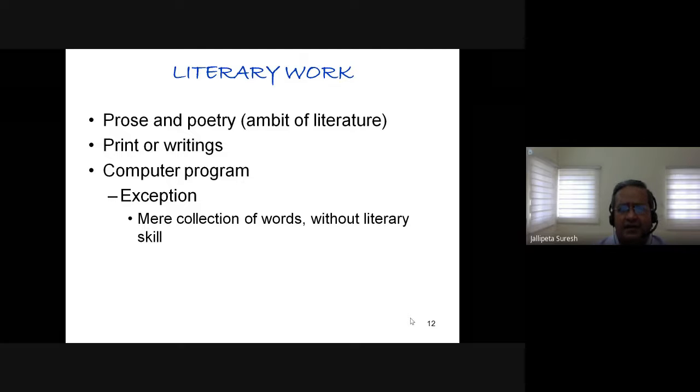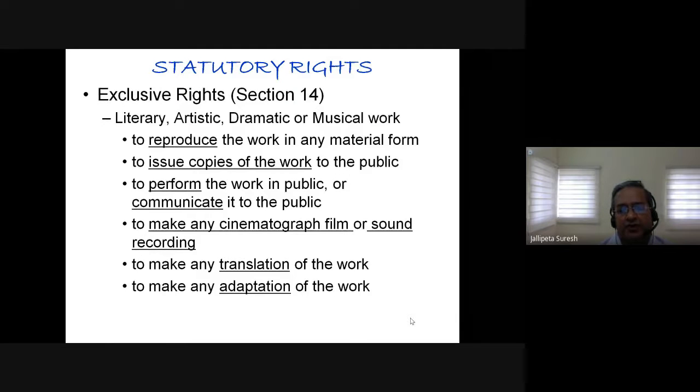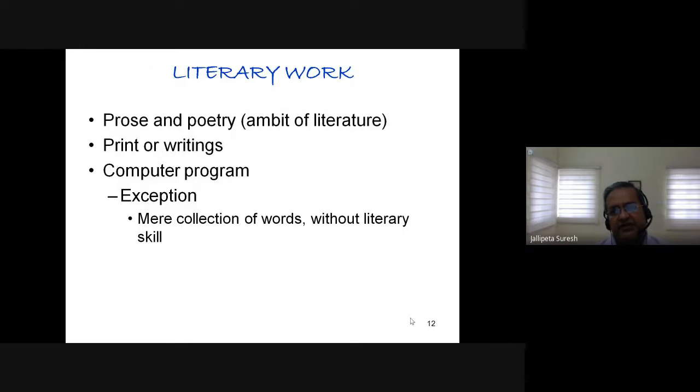Now, let us continue to talk about literary work. Earlier we mentioned what the rights are, and now we are going to take up each and every type of work. Firstly, let us take literary work. When you talk about literary work, it could be prose or poetry, anything falling under literature. Literary work also covers printed versions and writings. And interestingly, in India, a computer program is considered a literary work. In other words, if you have a computer program written by you, you can protect it under